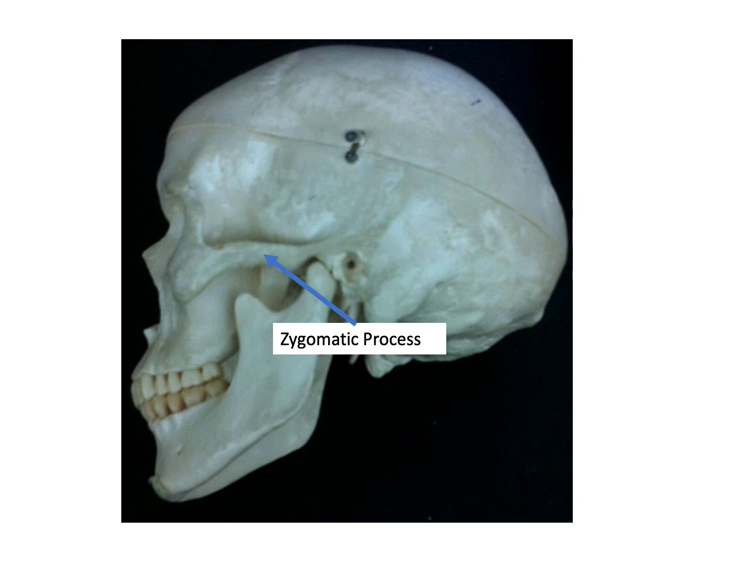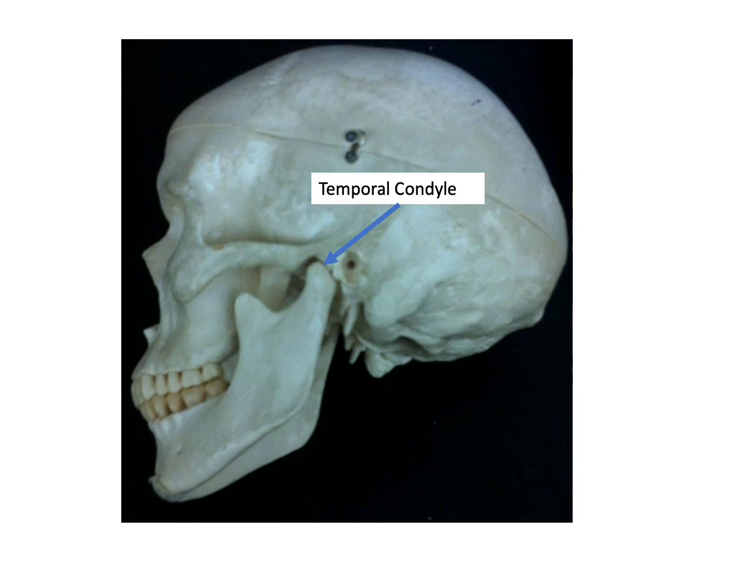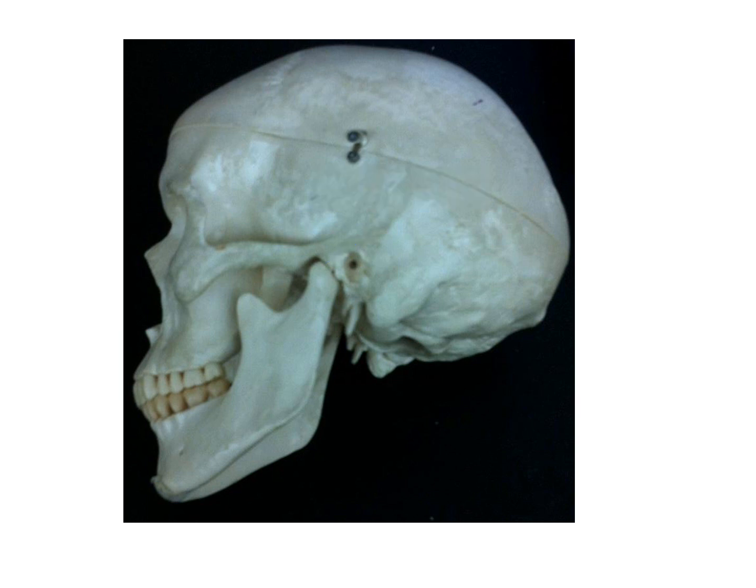We will also see the zygomatic process of the temporal bone. This is different than the zygomatic bone itself. And we will see the temporal condyle, which is going to be the articulation spot for the temporomandibular junction or temporomandibular joint. In between the styloid and mastoid process, we have the stylomastoid foramen. That's going to be an exit point for the cranial nerves, particularly one of the branches of the